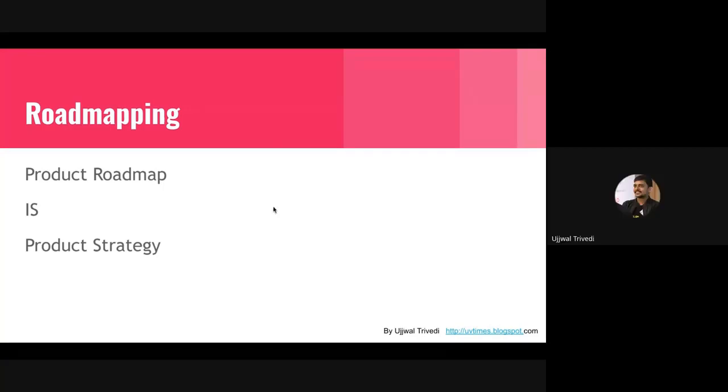Cool. So let's quickly talk about road mapping. Product roadmap, I believe, is product strategy. A lot of people use different jargons. In terms of products, what you call a product roadmap is what you are going to build today, what you are going to build in the next 60 to 90 days, what you are going to build in the next 3 years, and eventually how you see the entire product shaping up. That is the roadmap, and that is the product strategy,